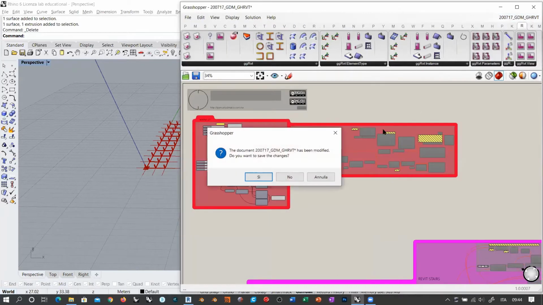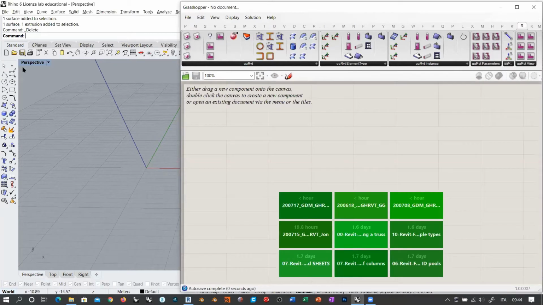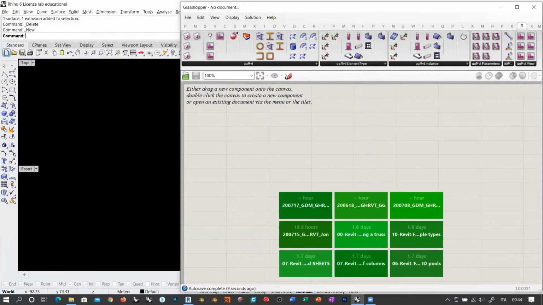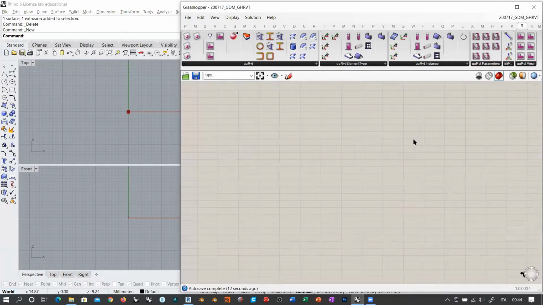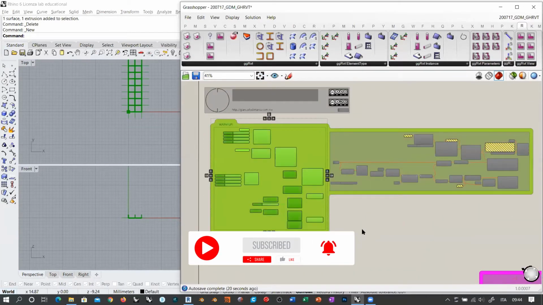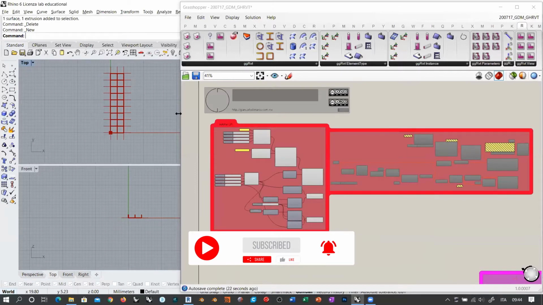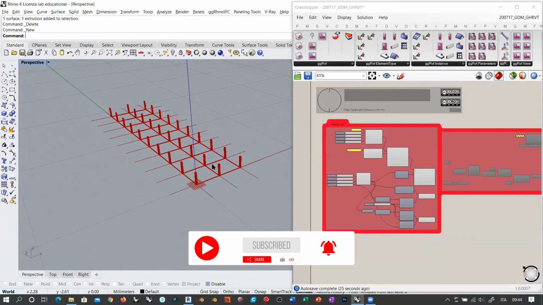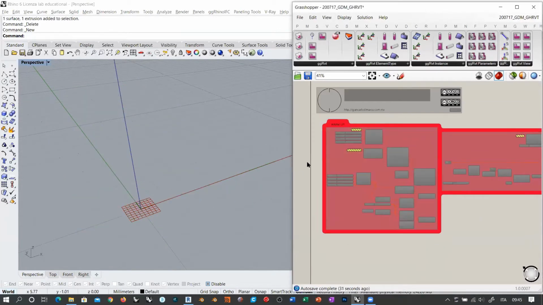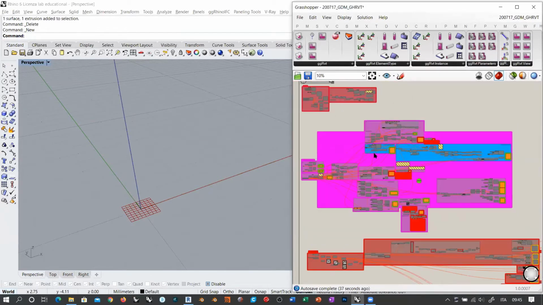I'm going to close this file. I'm going to go here in Rhino. I don't want to change anything. This is a blank template that I am using, and I'm going to work with millimeters at this moment. Okay, so if I open this file and I browse here and I turn on this, you see that there are some things that look exactly the same. But if you are working with a millimeter template and you open some workflow which is more complex,